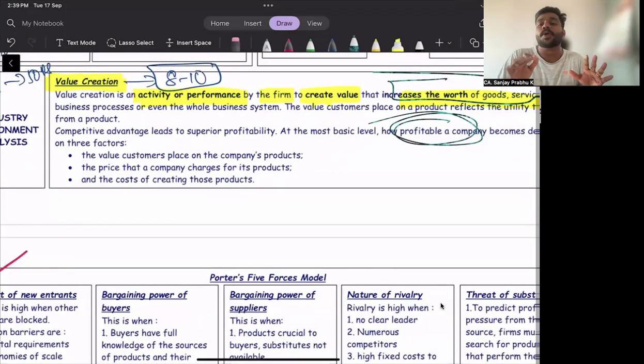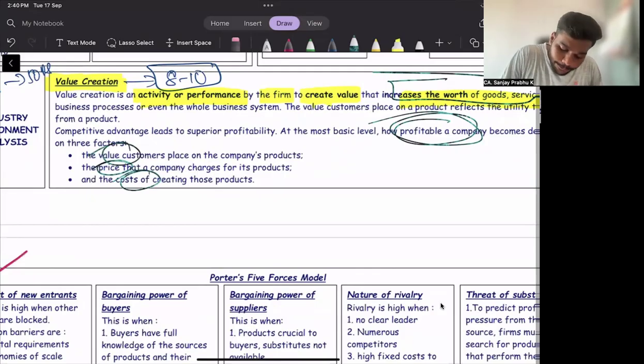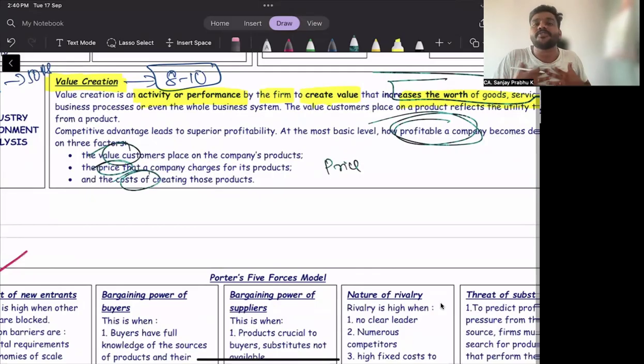A company's profit depends on the price they sell, the cost of creating, as well as the value the customer places. What is the factor which determines the profit of the company? At what price am I selling? What is the cost of creating that product? Price, cost. And when the customer is purchasing my product, customer will purchase only if they are feeling some value on my product. Value the customer